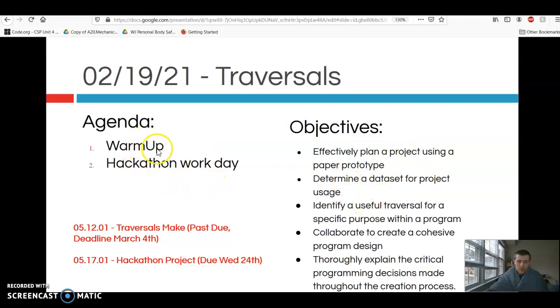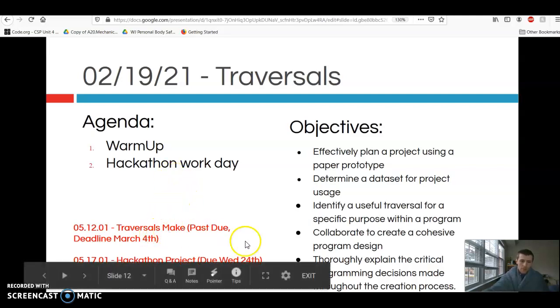So we are in the midst of working on our hackathon project. You should hopefully already have started. If you are not sure what to do on it, please watch the previous video as that outlines the basics. I will finish talking about the rest of the expectations for the project today, the second part, and also remind